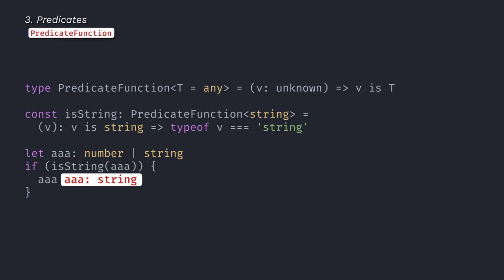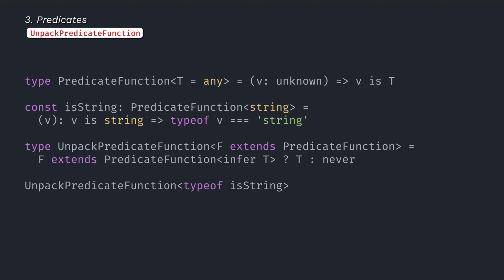The first one, predicate function, is a type guard. It takes a value and returns a type predicate. You may be tempted to call this a type guard, but as I've mentioned in the 6th video of the series, the one about higher order guards, the type guard naming is very specific to TypeScript, and these types of functions have been called predicate functions way before TypeScript even existed.